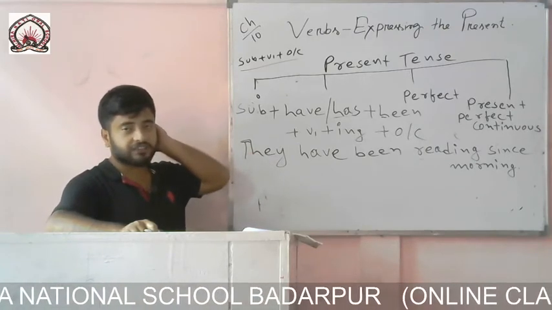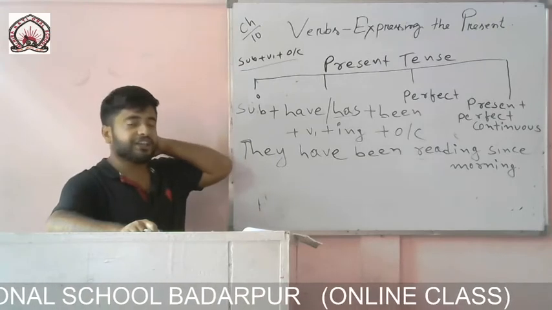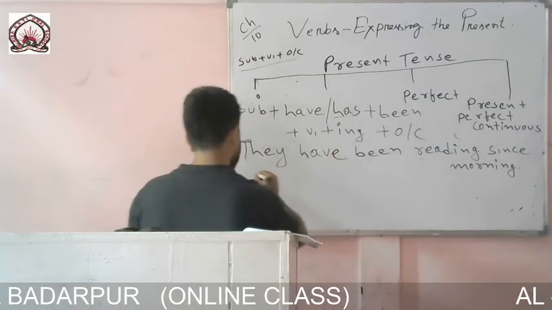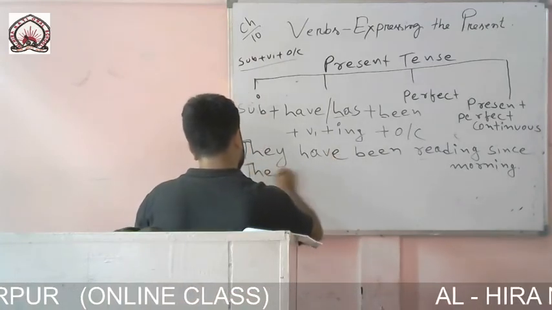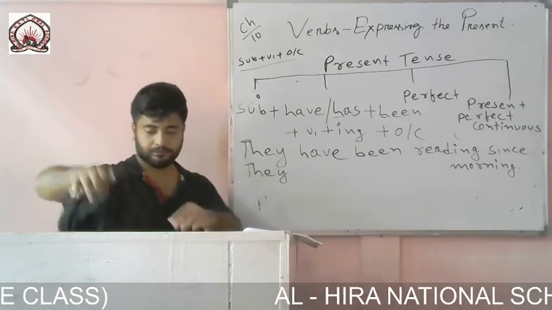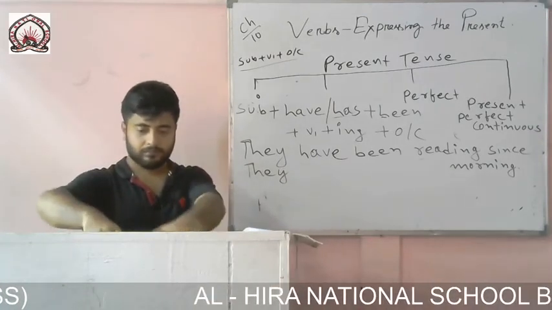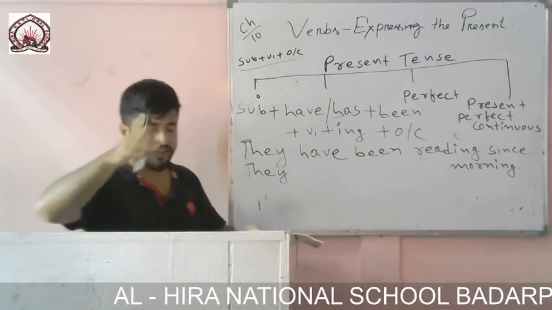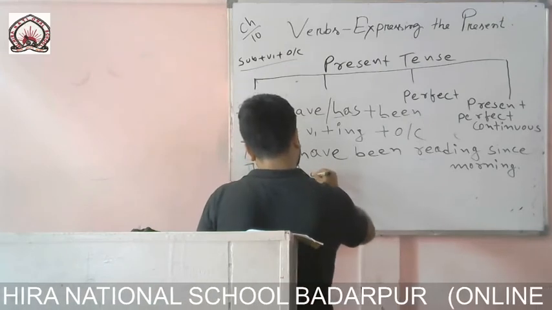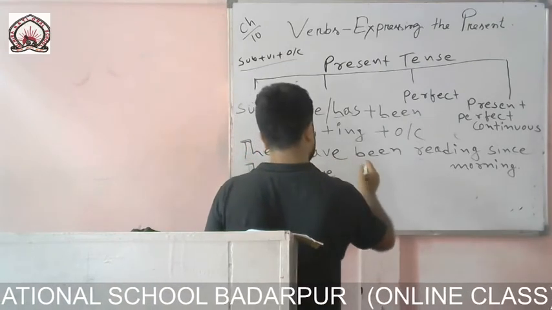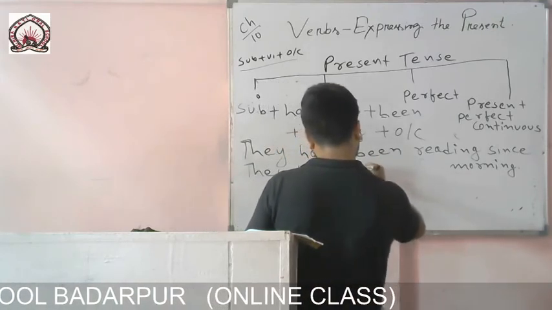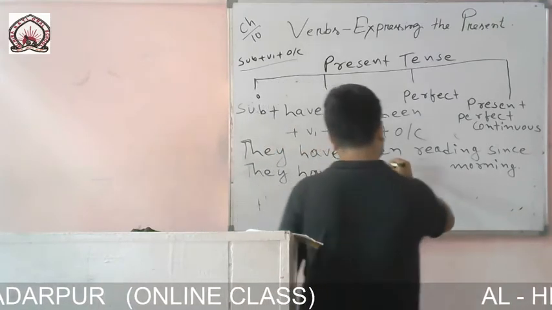So how can we change this present perfect continuous tense affirmative to negative, interrogative, and interrogative negative? Very simple. They have. Then between have and been we have to use what? Not. They have not been